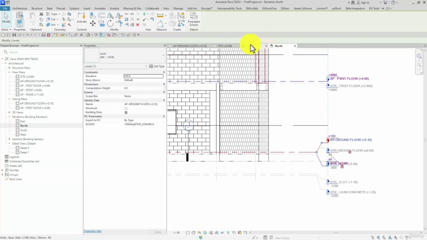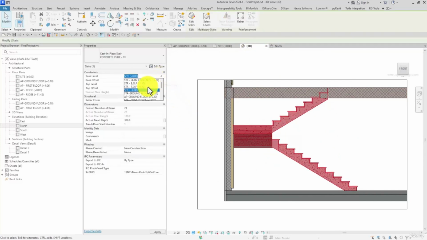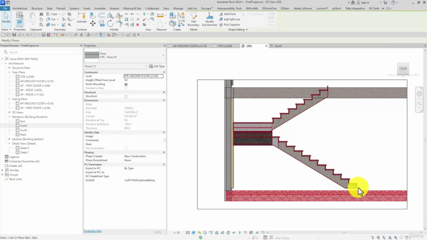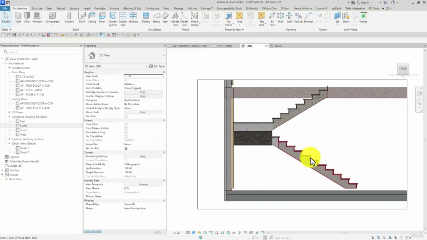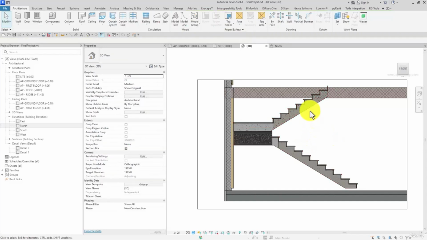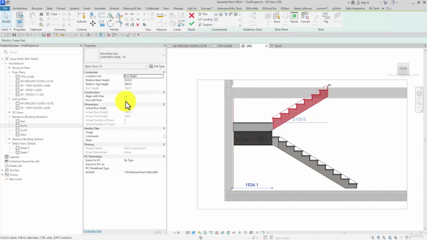And it must be started from the 10 centimeters offset, not from 0. So we select the base level from 10 centimeters, ground floor. Here we got the architectural floor. Here we got only the structural floor, the slab, and we haven't added the architectural floor yet. So we got a gap between the stair and the slab, a 10 centimeter gap. We click on OK, and then here end with riser, we uncheck end with riser,